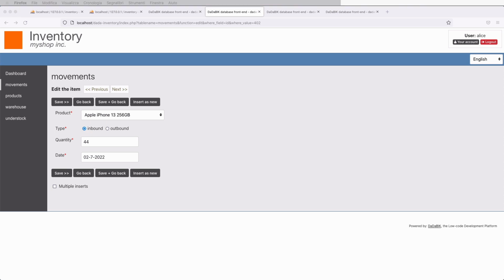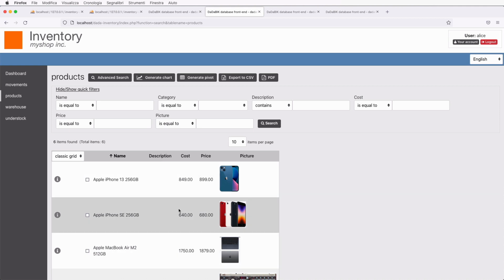That's one thing. Another thing I thought about is related to the cost of the products. At the moment we store the cost for each product, and it's the current cost. If the cost changes, we edit the cost from here. This means we lose the previous values, right? Maybe we want to know that when we bought this product 2 months ago, we paid 900 and not 849. So maybe it would be useful to add a cost field to the movements table. It would be automatically computed using the current cost, and you can do it using calculated fields in DaDaBIK, but then it remains stored as it is. So even if the cost changes, you have the old value there for that